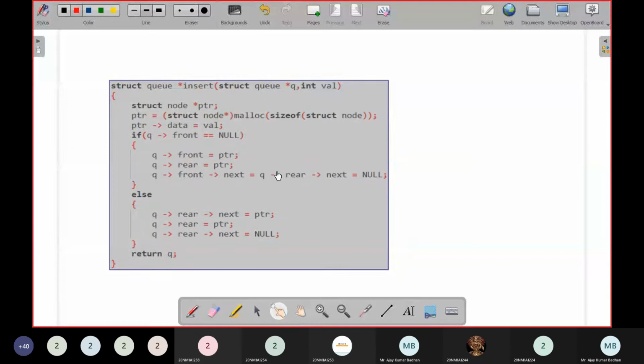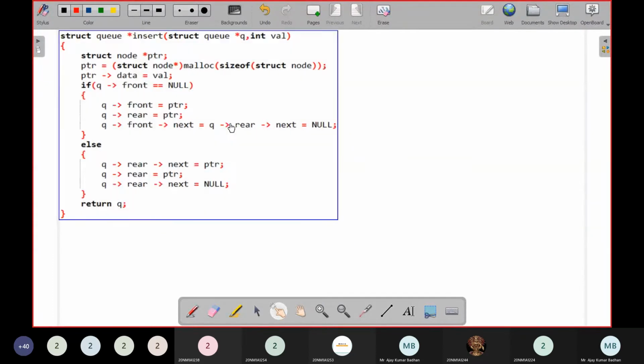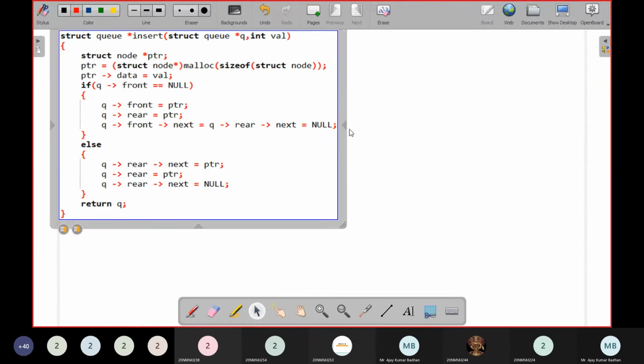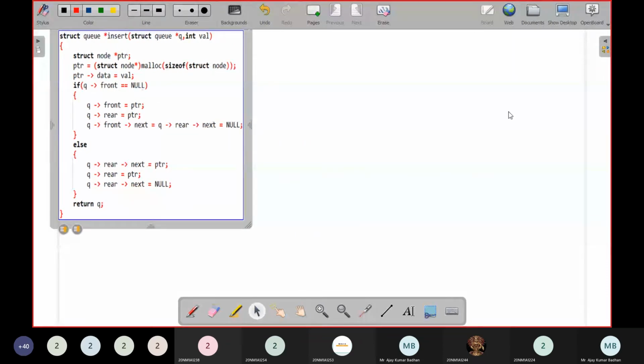I'll explain one by one so that it becomes easy for you to understand. This time I'm not taking anything here, unlike previously what we have taken.